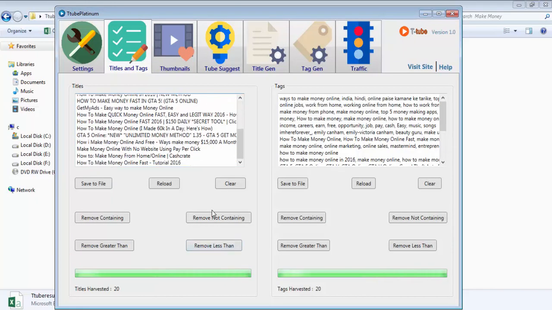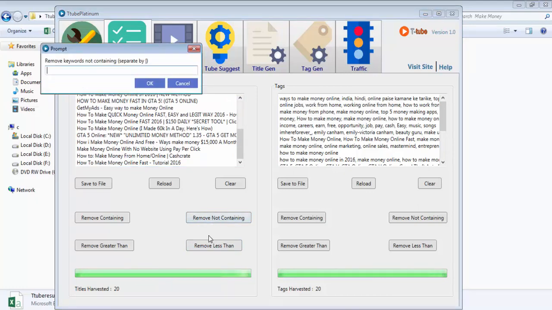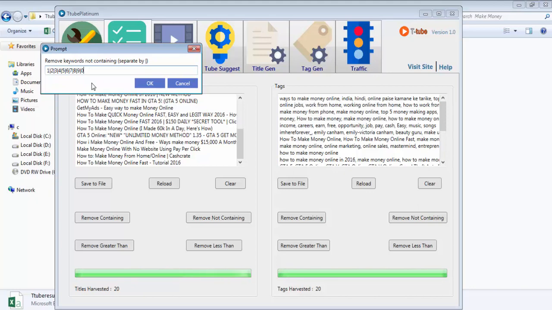To do that, all you have to do is click this button, remove not containing. Once you have entered all the numbers in this prompt box, many times your competitors will use titles like 9 ways to lose weight or 7 ways to save your relationship. So we need to add all the numbers here.